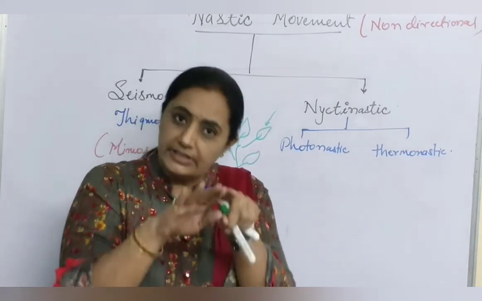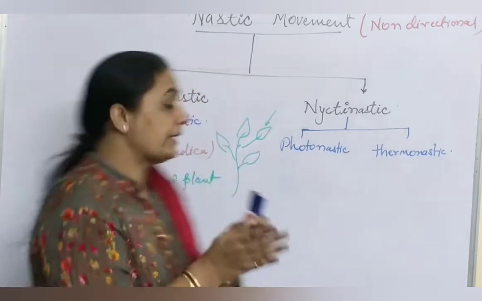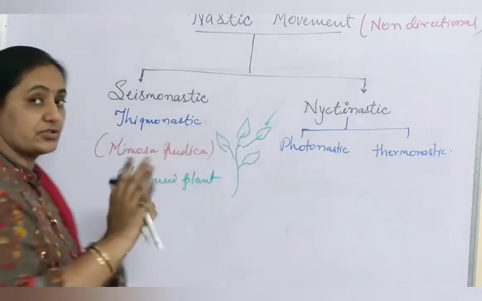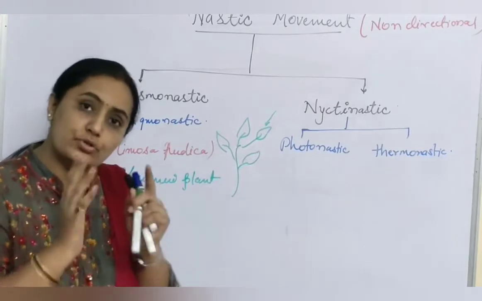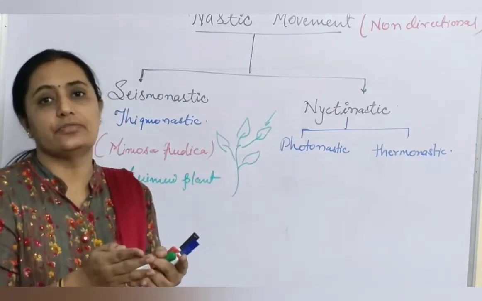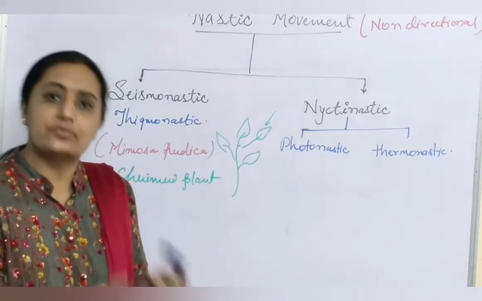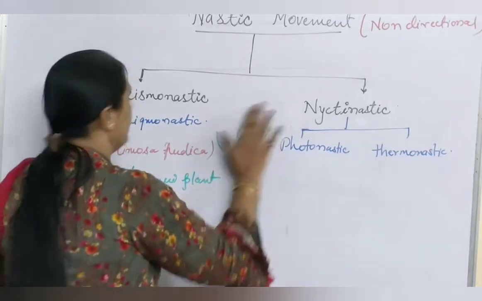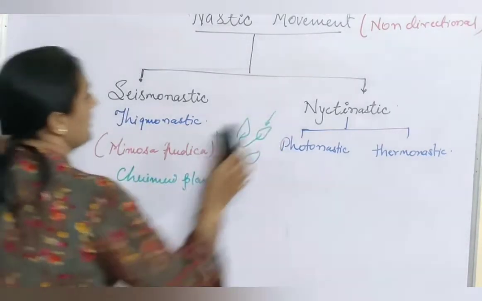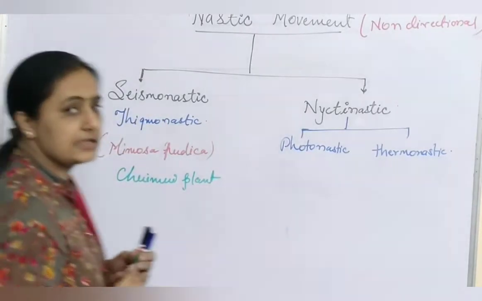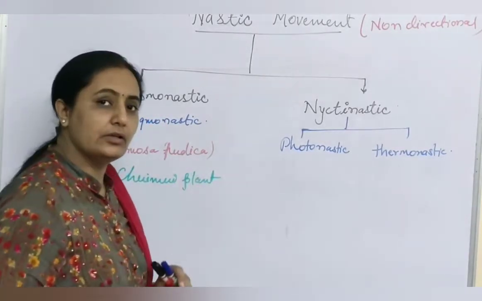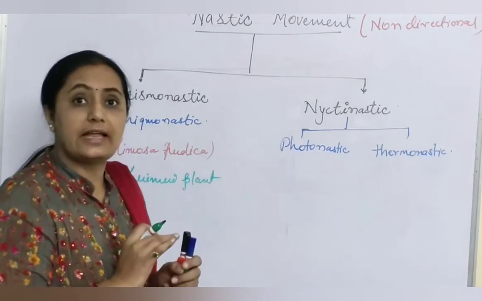They droop, they turn down. That is called non-directional, not towards the direction, but the whole plant shows movement by closing the leaves, or drooping the leaves towards the downside. So that is called thigmonastic movement shown by this plant. Why does this happen? How is this movement carried out in the plant, with all the leaves showing it like this?